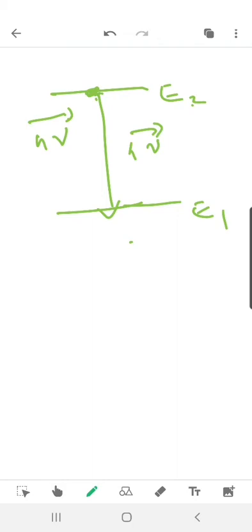The electron was in E2 state, but it was forced to come to E1 whenever this incident photon strikes this electron. The important point for stimulated emission is that it is coherent with incident radiation. Means the phase of incident radiation and the phase of emitted radiation will be the same, will be equal. So this is our stimulated emission. Finally, the most important part of this complete laser action is our population inversion.